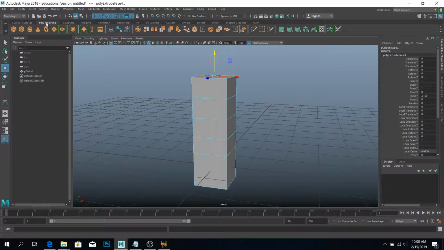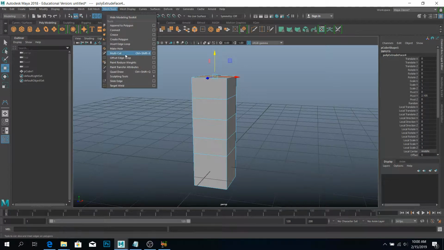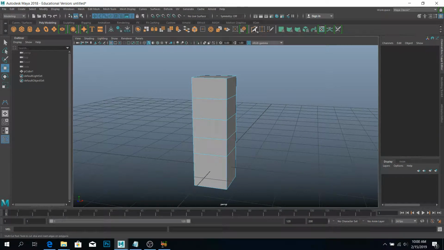Okay, in our poly modeling tab, if you guys remember, all the way over here we have this little knife looking icon with the 1, 2, 3 dots and the 2 lines in between. So you can find that there, or you can go into mesh tools and you can find that there. And there's also the shortcut for it, that Control Shift X should also bring that up. So anyways, I'm going to select that tool,